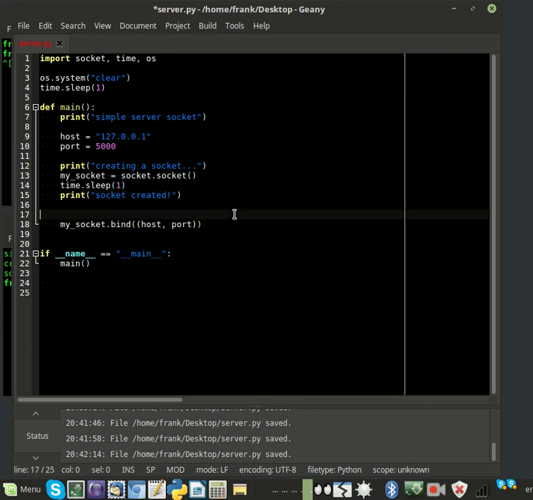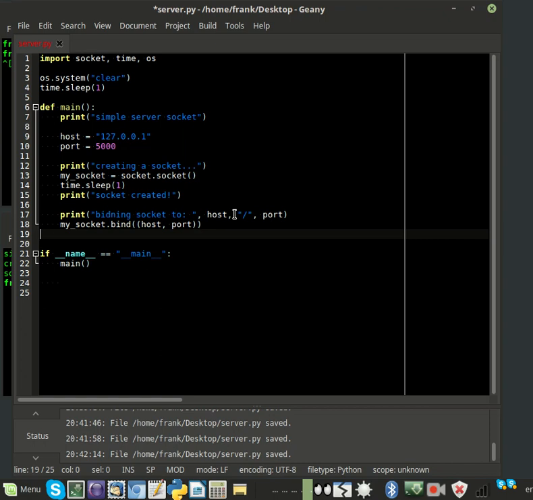Then on top of it we can write print "binding socket to IP, which is host, and port." Binding socket to IP, host, and port, and time.sleep, just a little bit of delay, like a taste,